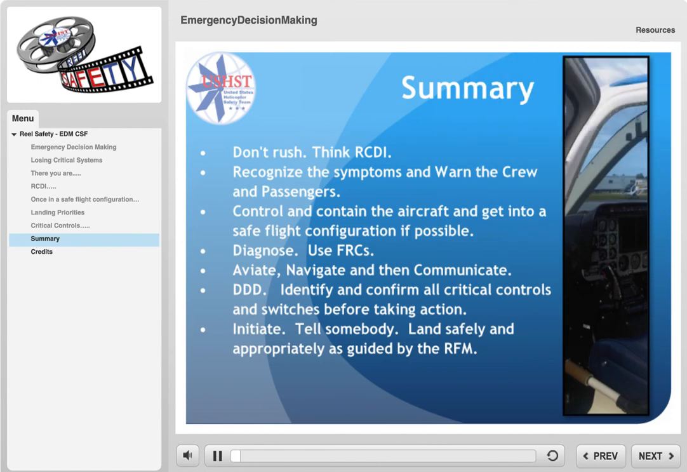So in summary, don't rush, think RCDI. Recognize the symptoms and warn the crew and passengers. Control and contain the aircraft and get it into a safe flight configuration if possible. Diagnose, use your flight reference cards. Aviate, navigate, and then communicate. 3 Ds, identify and confirm all critical controls and switches before taking action, and initiate, tell somebody, land safely and appropriately as guided